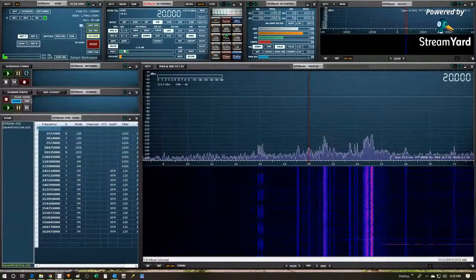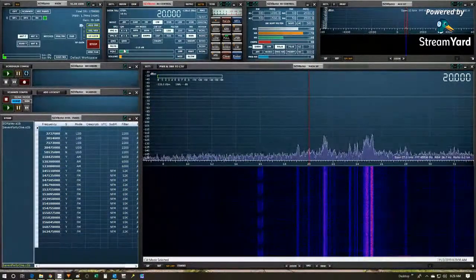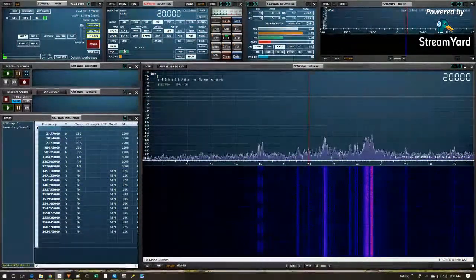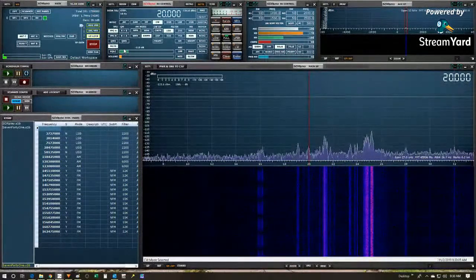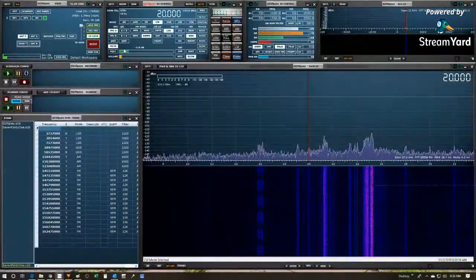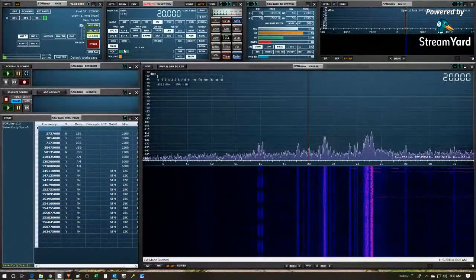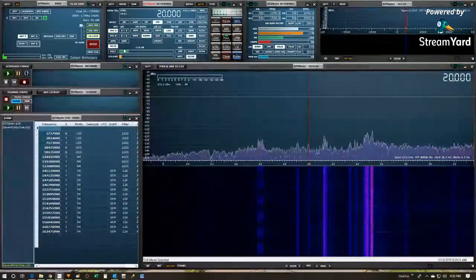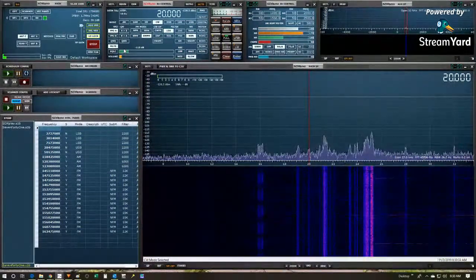Yeah, the other thing is I really don't like those SMA connectors, because typically you're going to use cable, and even though it's a short cable, it's going to be one of those real small cables that I think has a lot of loss in them, and so that's why I like the BNC connector. It has less loss in it. Yeah, that's a good point too. You can bring your low loss coax right up to the port. I just use the short pigtails from the SMA to an SO239. And they seem to work okay. I don't know that there's too much loss in them. They're only a few inches long, but